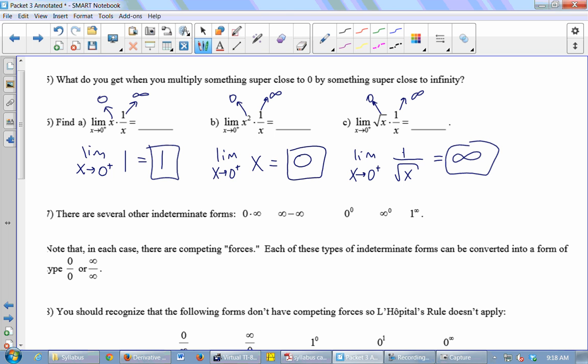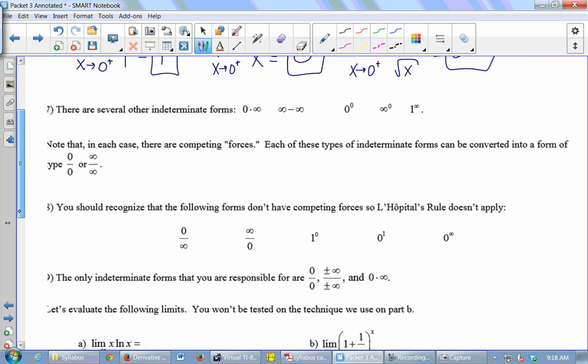So you might think that this should be 0, but it could be also infinity. It could be any number in between, depending on the sets we're looking at. 0 to the 0, infinity to the 0, and 1 to the infinity, all indeterminate forms. So in each of these cases, in all 5 of those indeterminate forms, the way that we deal with this